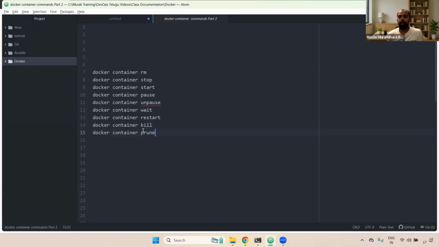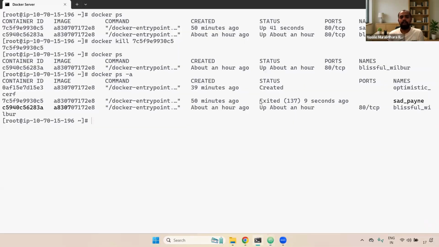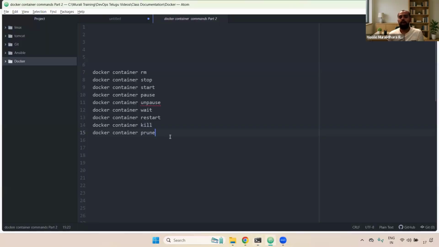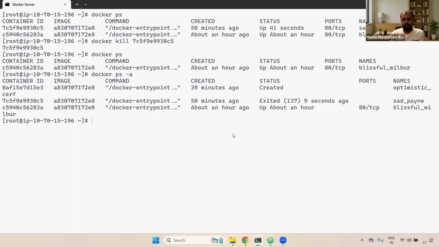The docker container prune command. If you want to delete unused containers, it means, like if you see here, we have an exited container, right? If you use this docker container prune command, what will happen? It will delete that particular container. Okay. Now if you go here, docker